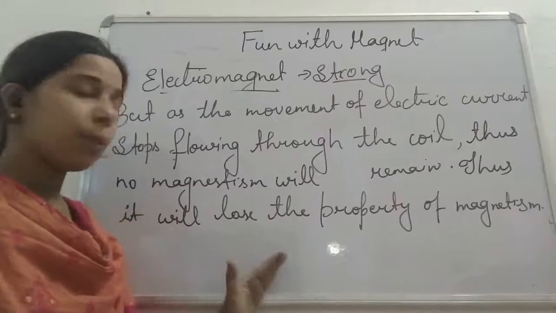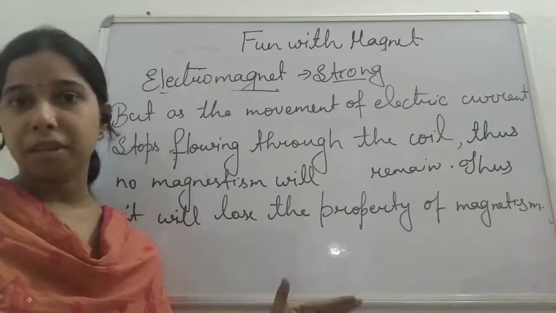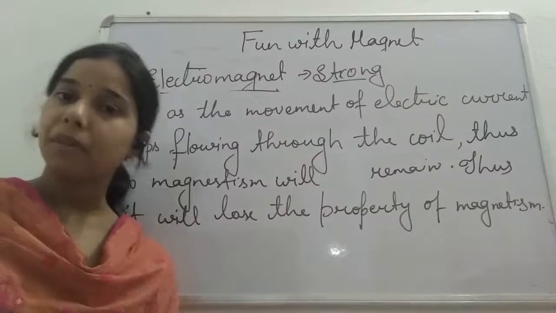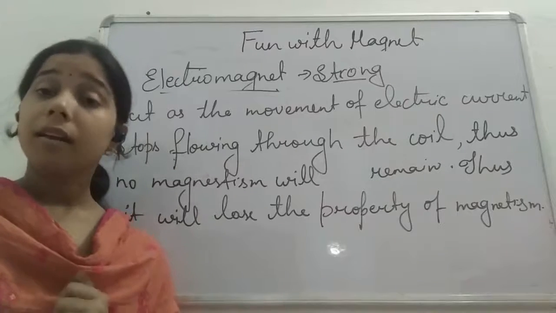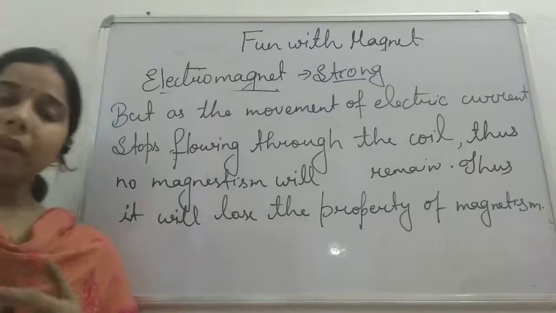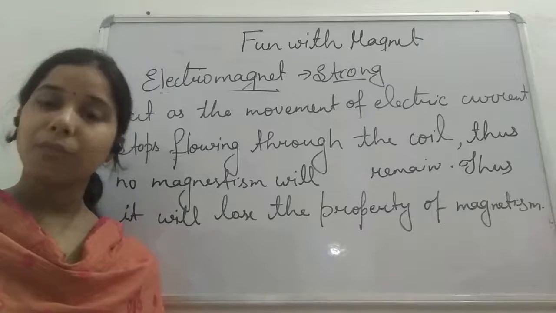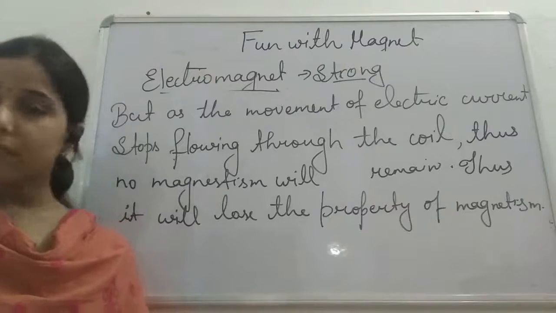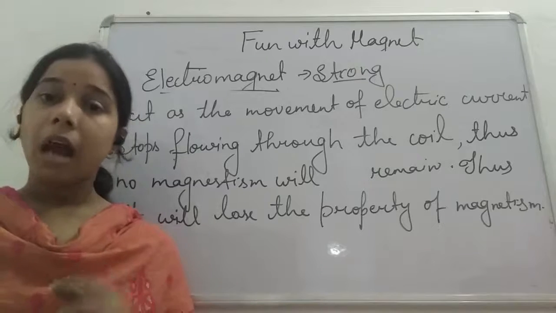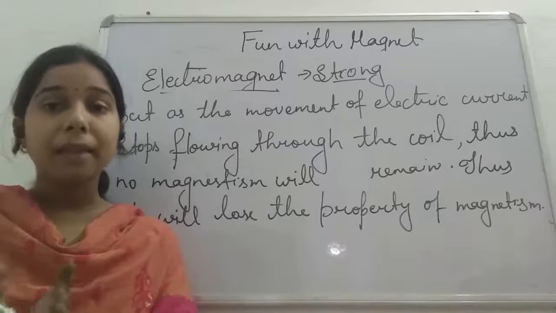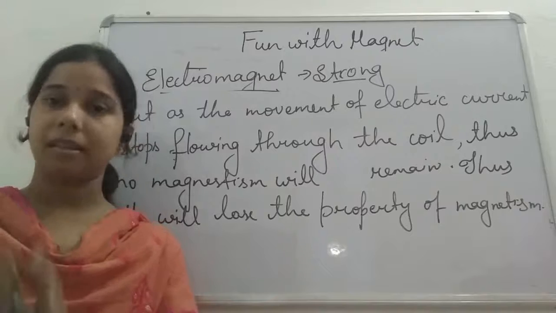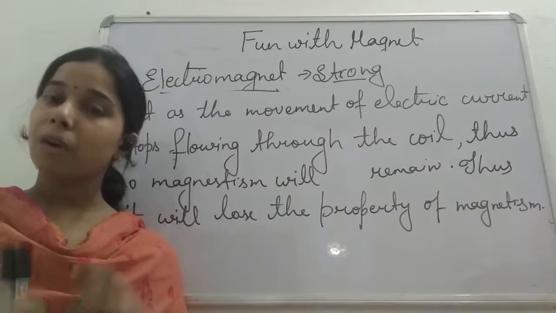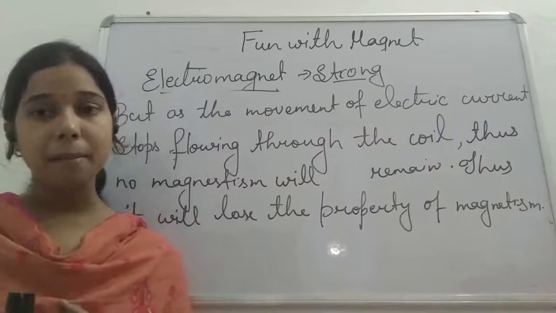So student, till now we have discussed the property of the magnet. We have discussed how we can convert an object into magnet. Now we will see what precautions we should take while handling a magnet. If suppose we are having a magnet, our responsibility is to retain the property of magnetism in it. So what are the different precautions that we should take while handling a magnet, student?